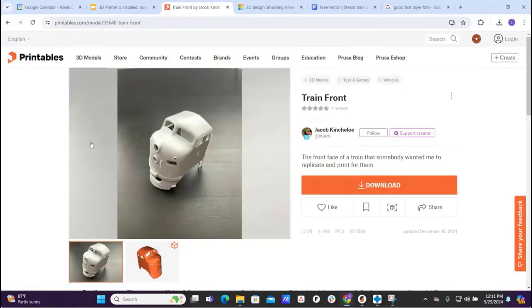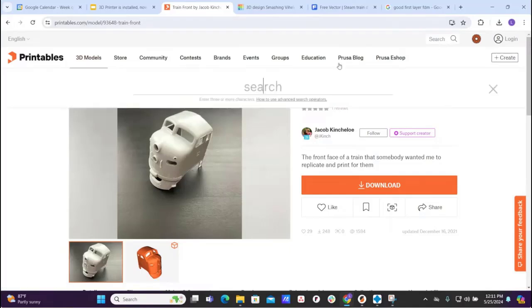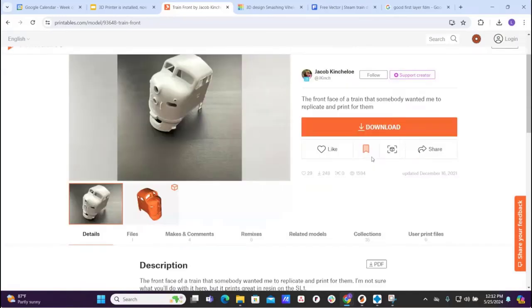So you would want to come here to printables.com, type into the search box right here whatever you're looking for, train related things. If it's not train related, maybe there's some type of electronics that you have that's a very standard piece, something from Arduino, or maybe you want a box that somebody's already created for some circuit boards from Arduino. You can type these things in and look up here, and then you're going to download your file,